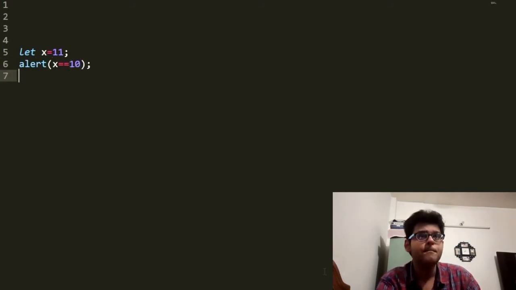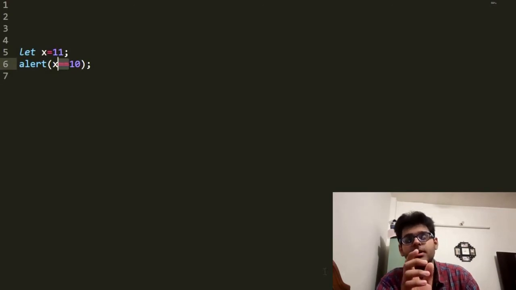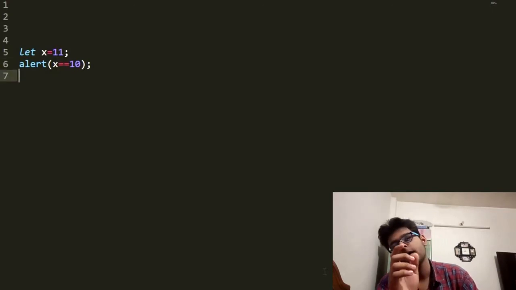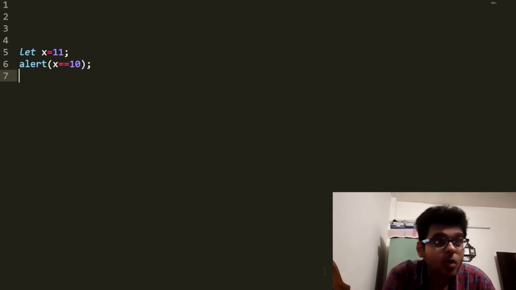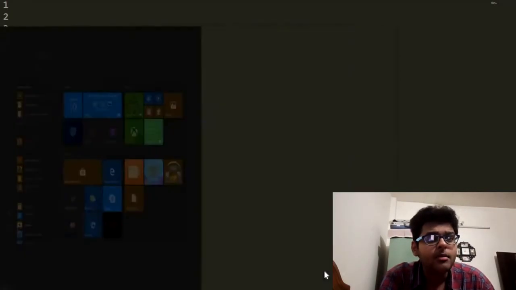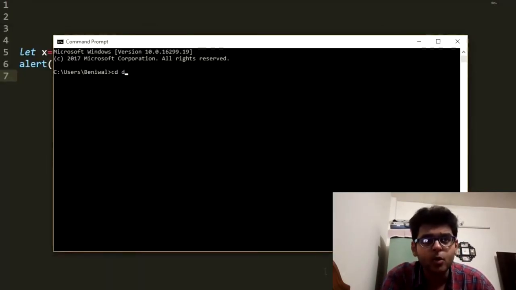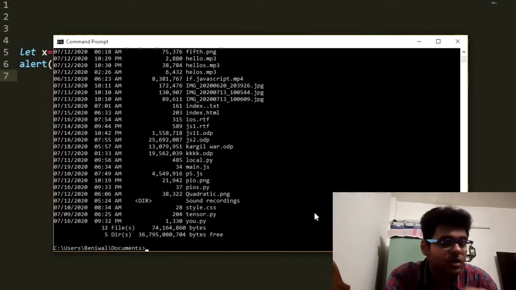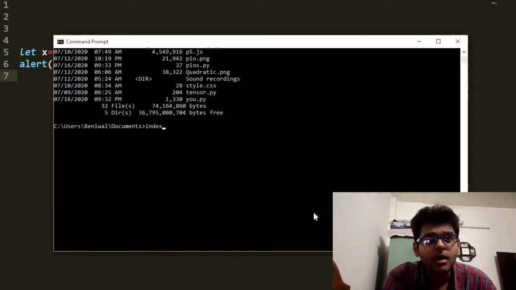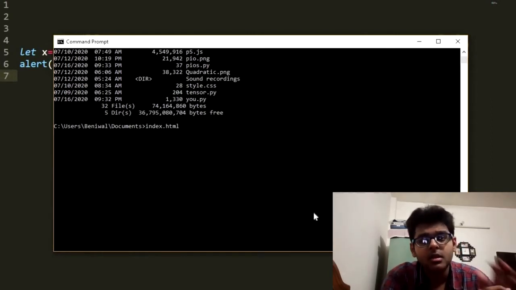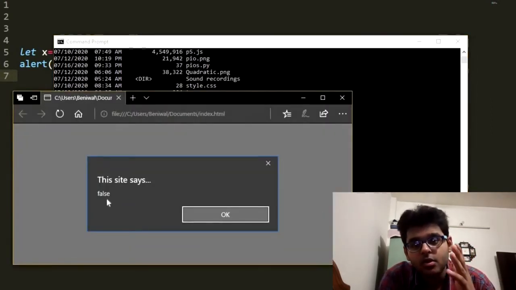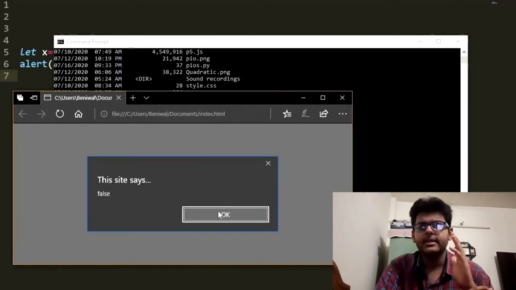This double equality operator is a comparison operator which is used for checking the comparison. Saving our file with Ctrl S and opening CMD, doing the formality in the command prompt, cd to the documents directory, and running our index.html file. We got our result, that is false.